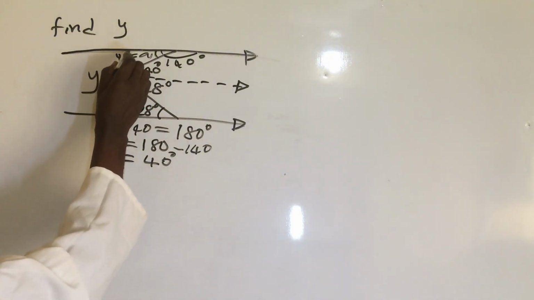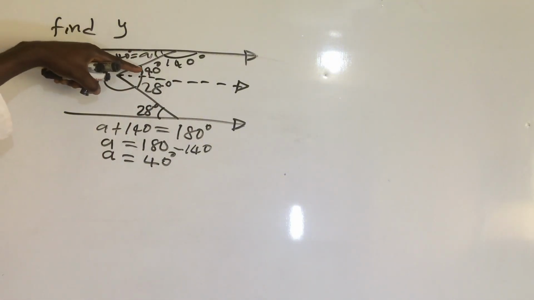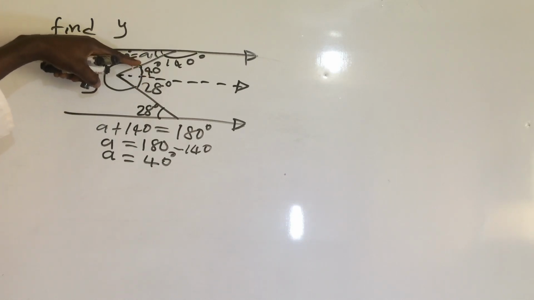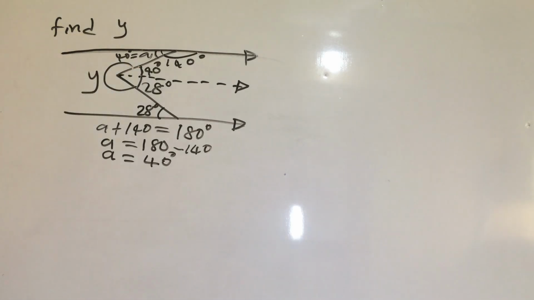Reason: alternate angle. Here is an alternate angle to this. So since we have gotten the angles that are supposed to be here, we now forge ahead to get this one by saying